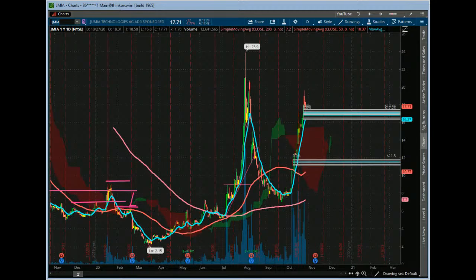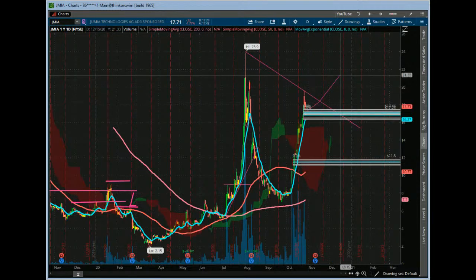And JMIA. Whew, look at this thing. Crazy, crazy, crazy. Let's just put a geometric line in there, and then maybe it's doing a sideways cup and handle, and then does that type of thing. So that's definitely something to keep an eye on there. Other than that,